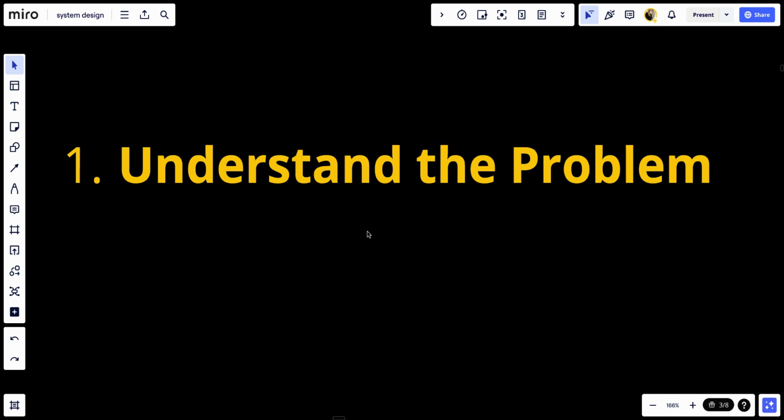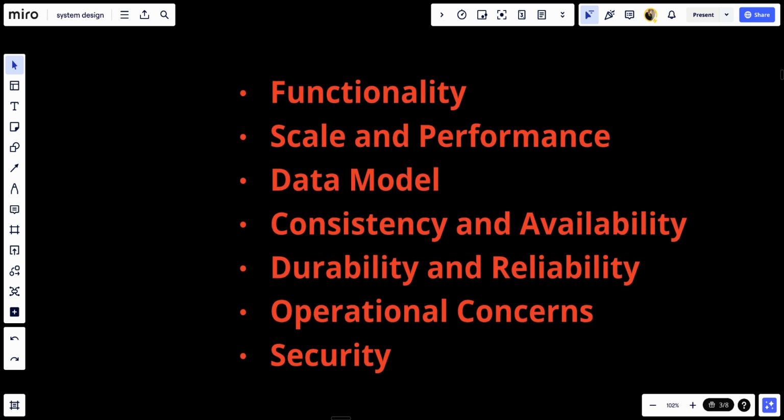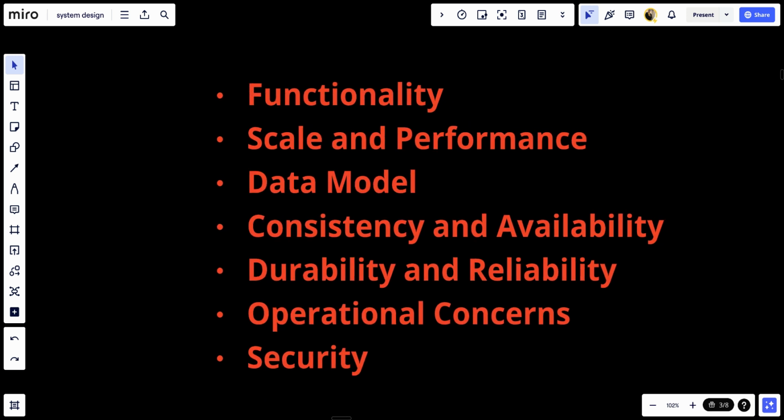So we see our goal in this step, and in my opinion, it's the most important step in any system design interview. We need to gather the information to clearly understand what you are expected to build,